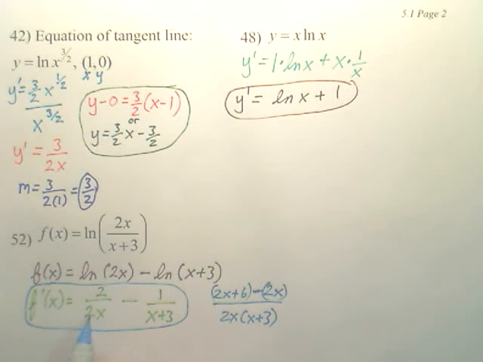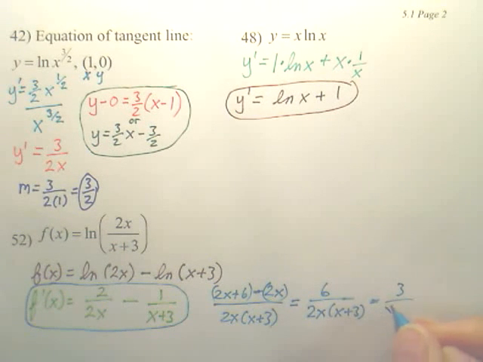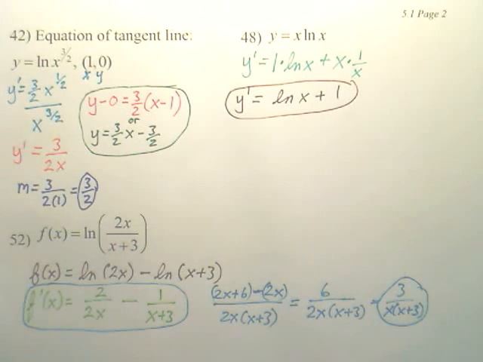What I did again is I multiplied this one by x plus 3, this one by 2x, and it looks like we end up with 6 over 2x, x plus 3, which is 3 over x, x plus 3. That would be a condensed